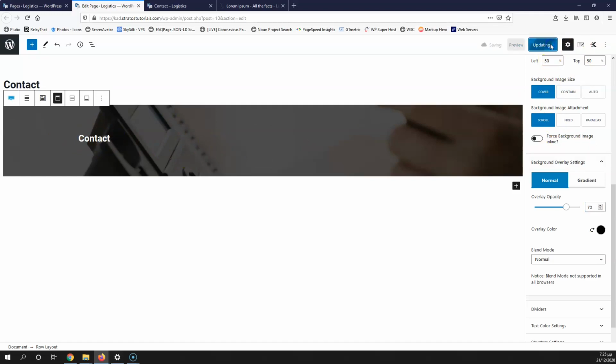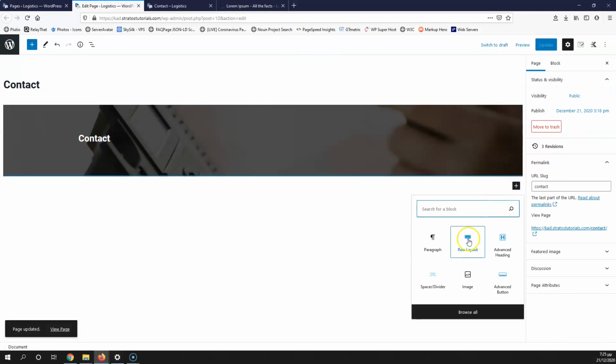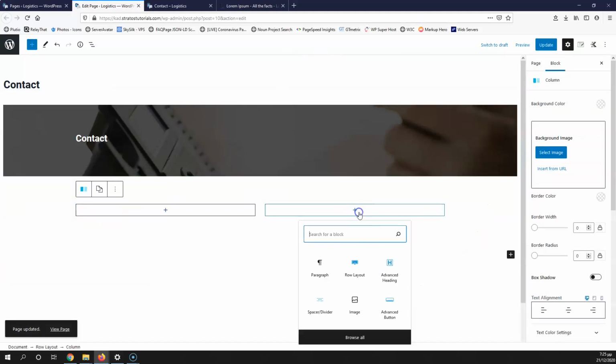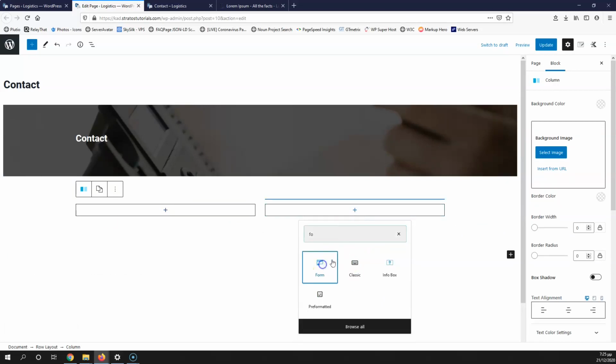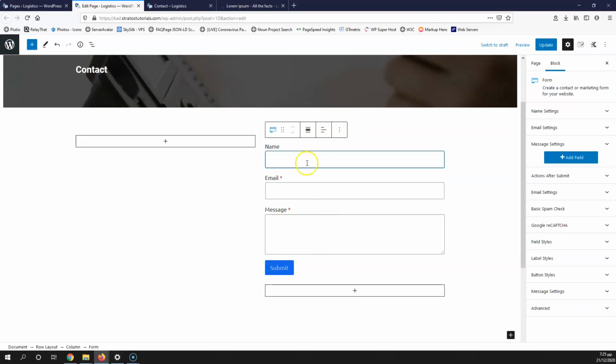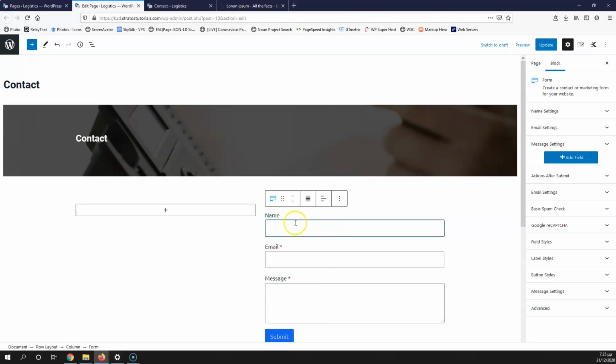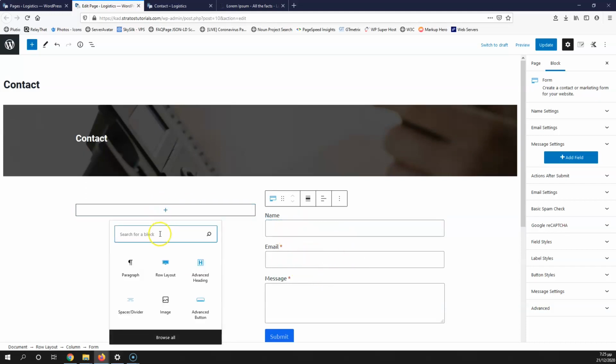Okay, let's update that. And underneath that, I'm going to add 2 columns. So row layout and 2 columns. In the first column, I'm going to add the form. And pretty much you may create the same form that you created on the home page, or you can create another form if you want. I'm not going to change this. Hopefully you already know how to change that. And here I'm going to add a list